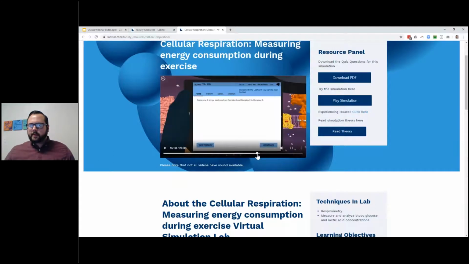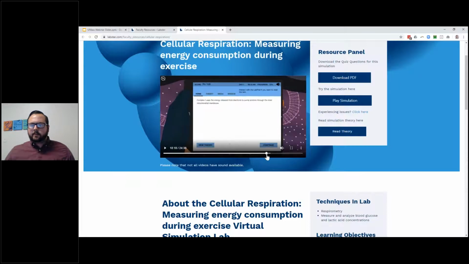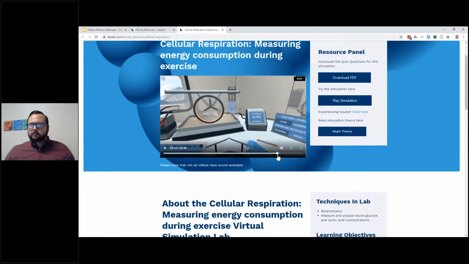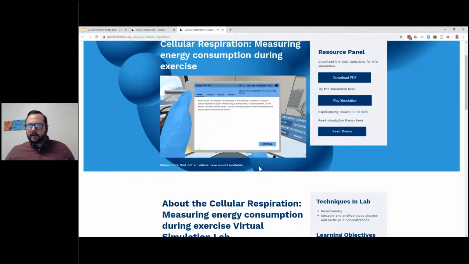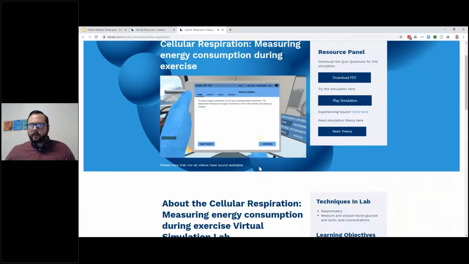I'll jump forward a little bit here. As you saw, there are some more questions that are asked throughout as well, and they'll continue playing through. The last thing that they're going to do in this lab is look at the oxygen level. You can actually use the rat here, put in the microchip, set their own parameters, and go through and learn how to assess oxygen consumption.